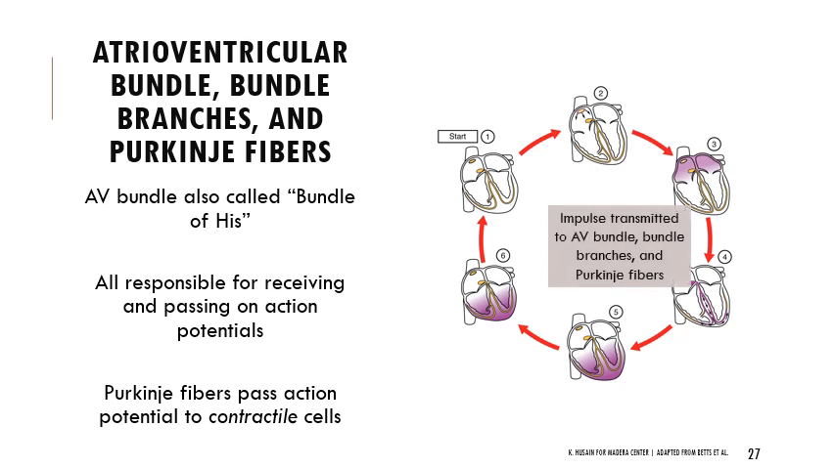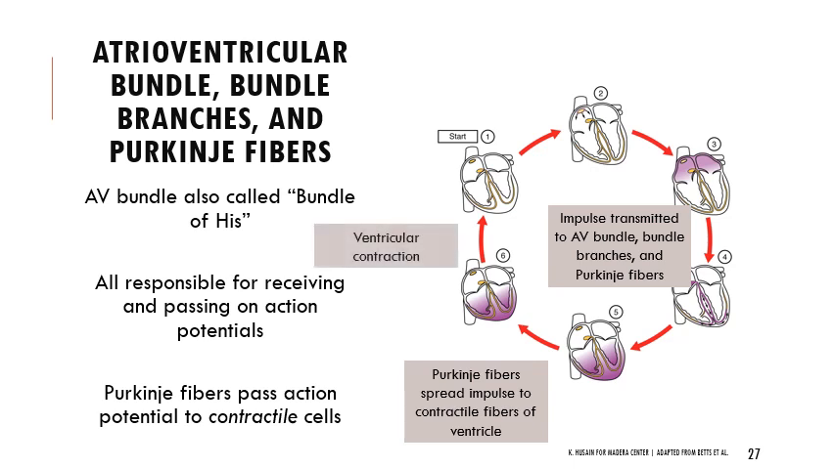So you have that impulse being transmitted from the AV node to the AV bundle, bundle branches, and then Purkinje fibers. Then the Purkinje fibers spread that impulse to the contractile fibers of the ventricle, and you have ventricular contraction. You have contracting of those ventricles, of that really thick muscle along the apex. This happens like squeezing a tube of toothpaste, going from the apex of the heart